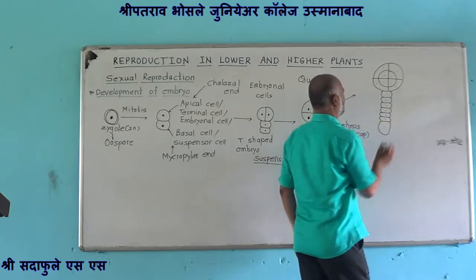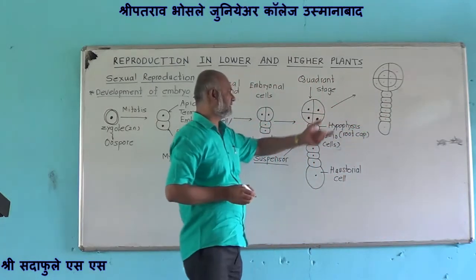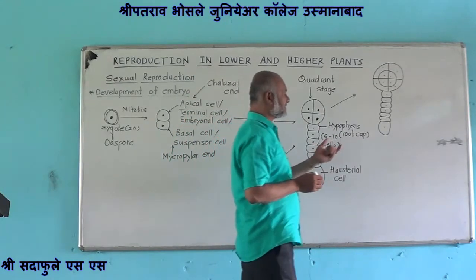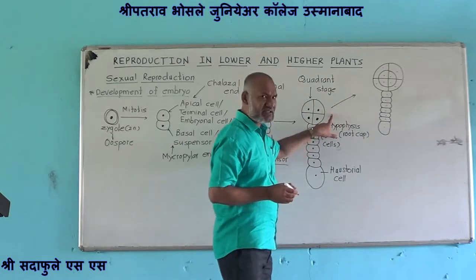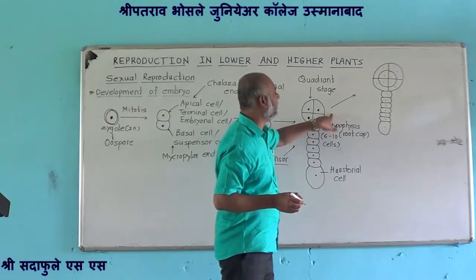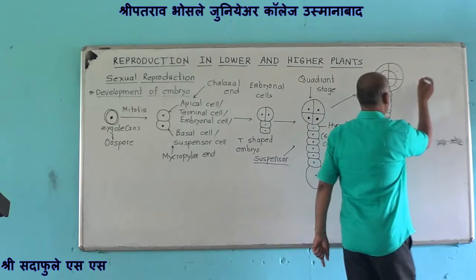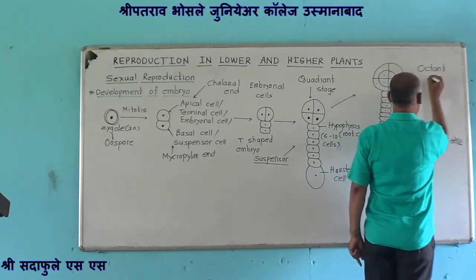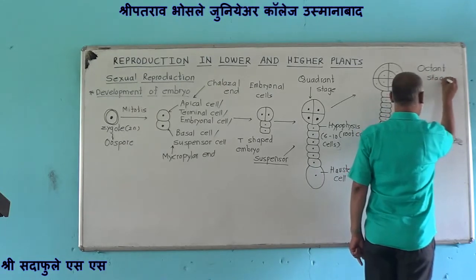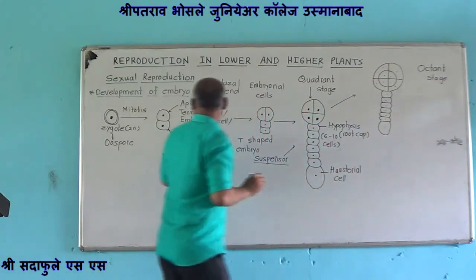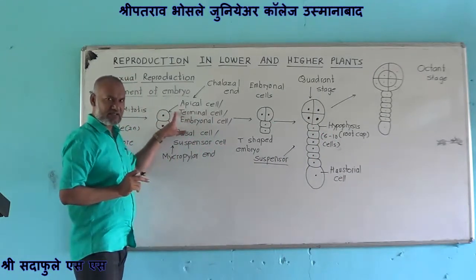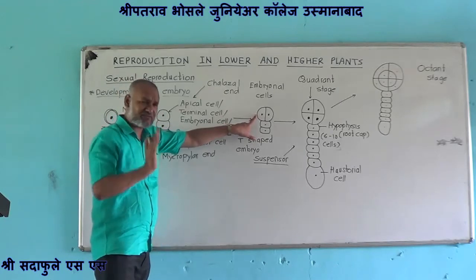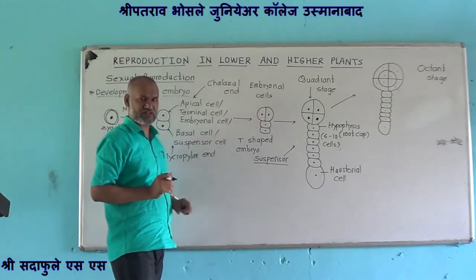Okay, 4 embryonal cells and suspensor. Now, these 4 cells divide by mitosis to form 8 cells, and this stage is termed the octant stage. Octant stage. See here, the apical cell, a single cell, divides by mitosis by transverse division to form 2 cells, 2